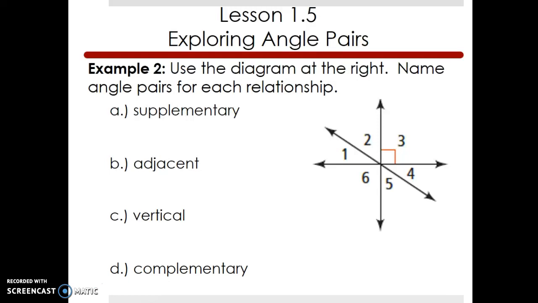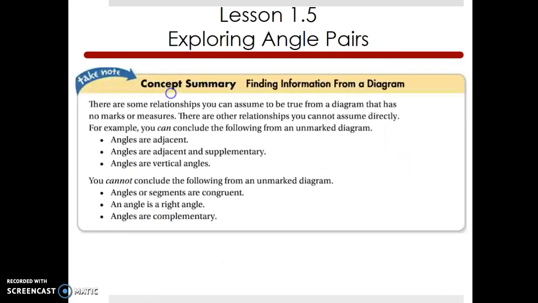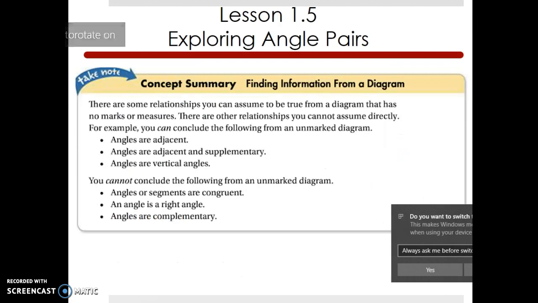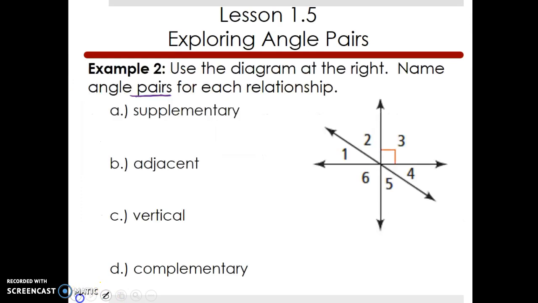So supplementary is two angles. Again, these are angle pairs, so they have to be two angles only. So two angles that add up to 90 degrees. So if we look at this, sorry, I'm going to go back. Supplementary angles are two angles that add up to 90 degrees. So in this case, we see a 90 degrees here, but I don't really see a 90 degree somewhere else because I do know,